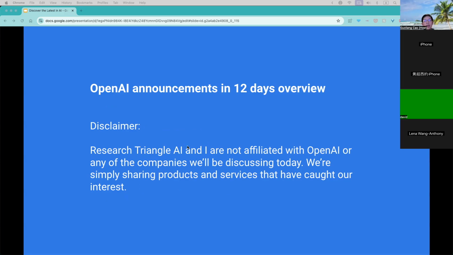So this December, a bunch of new products and services were announced by OpenAI, Google, Meta, Microsoft, and others. Out of all of them, OpenAI really stood out, rolling out some super exciting stuff over 12 straight days. Today, we'll take a quick look at everything they released during that time. And if you are curious about what the other companies have been up to, I would recommend you check out their websites for more information.